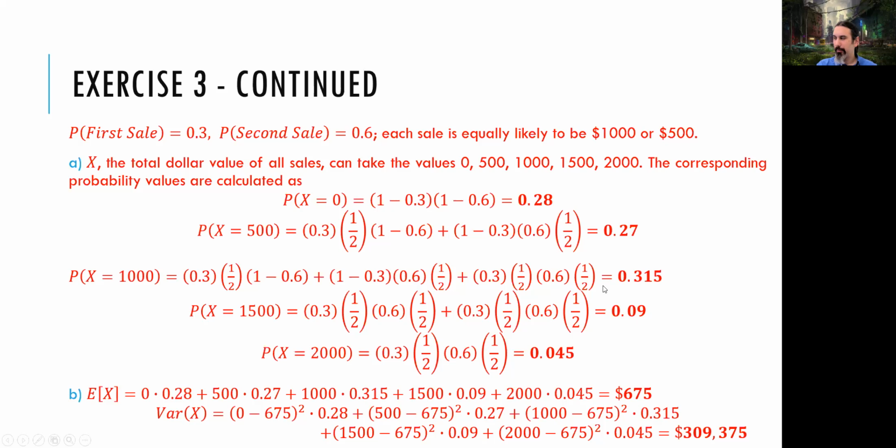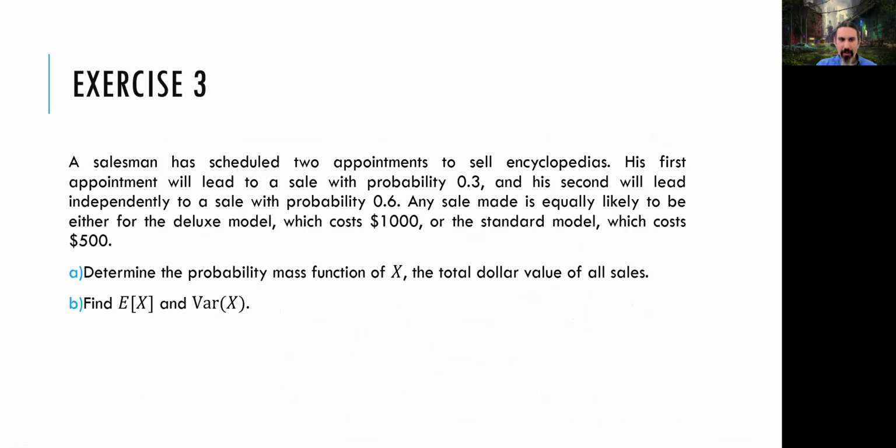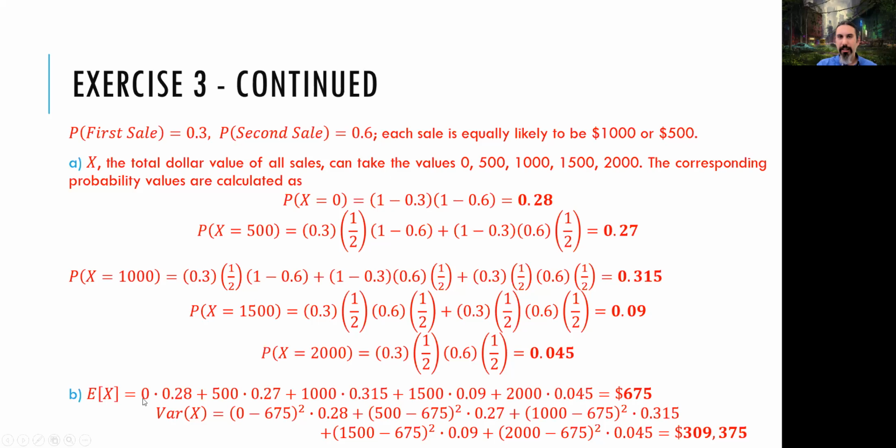Now, this is my PMF, the mass function. As you can see, all outcomes and the probabilities of those outcomes. This is the PMF. And then we are going to have to calculate the expected value and the variance. Now, expected value can be calculated by multiplying these outcome values with their respective probabilities and then summing them up. So 0 times 0.28 plus 500 times 0.26, etc. We get a total of